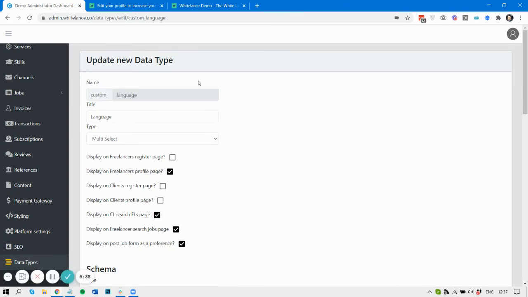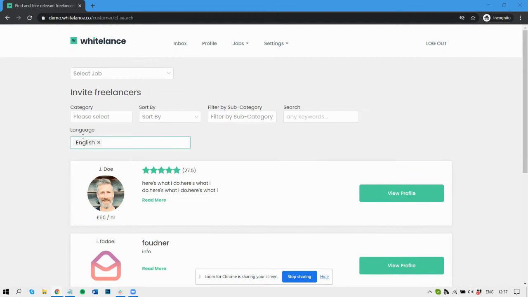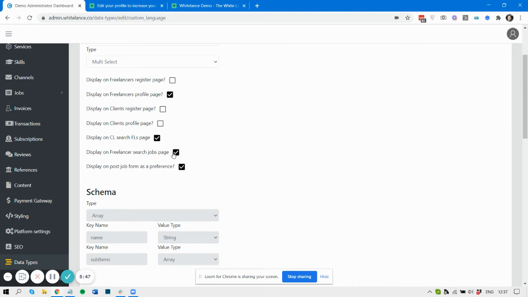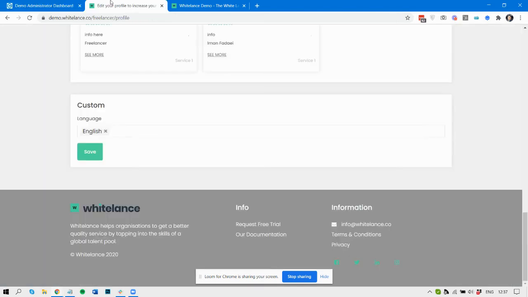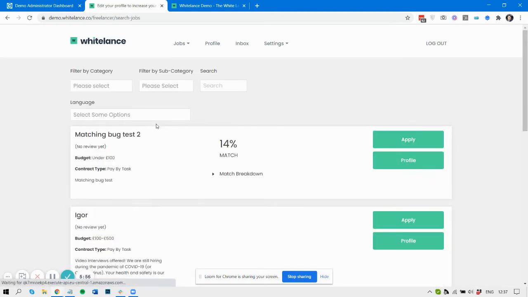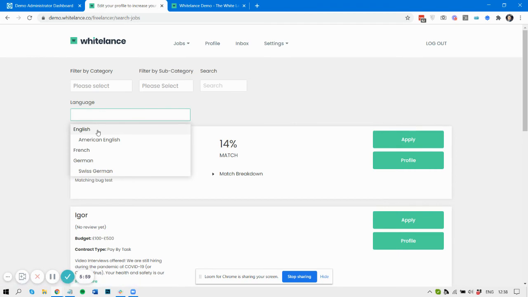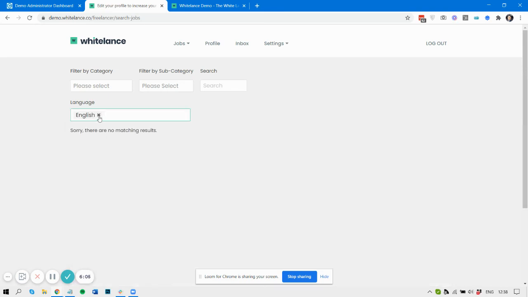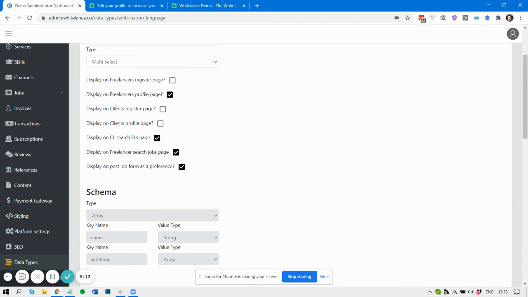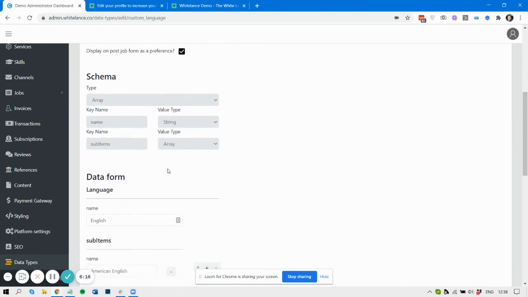Okay, so should they be filtered basically by the customers? Should it enable them to filter? What else? Should it appear on the freelancer search jobs page? Okay, so this is now a freelancer who's looking for jobs. Can I search based on a customer who's posted a job with this language requirement? Currently, there are no jobs posted with this requirement. So it asks you, do you want your freelancers to be able to search for jobs based on this filter of this data type? And then finally, should it be displayed when customers post the job and list it as